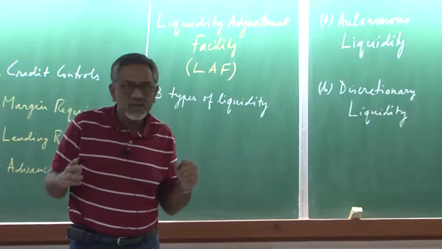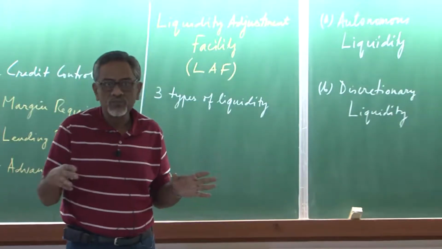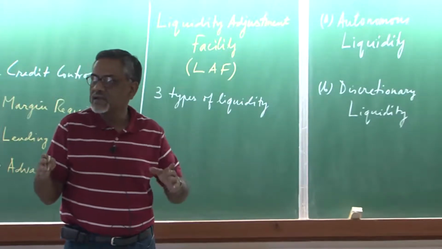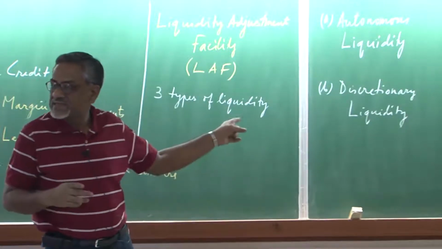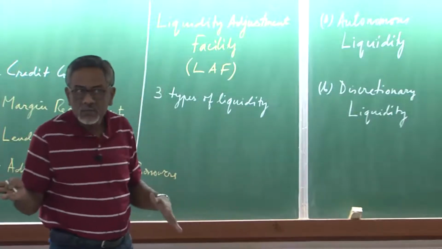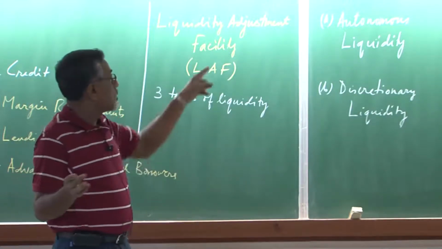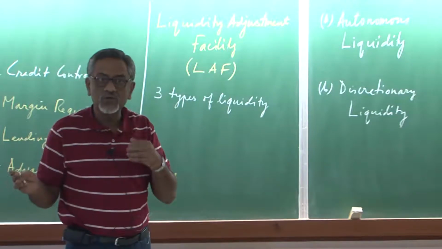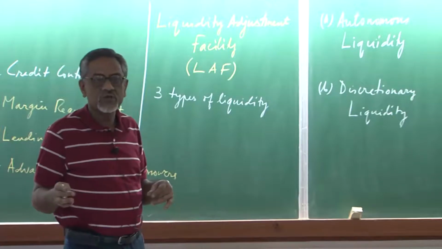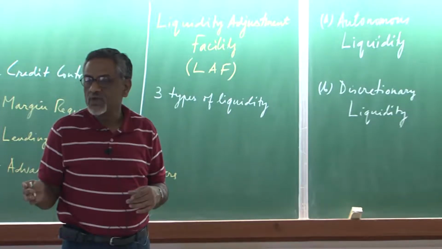Like the vitamin intake that you have through the normal course of life, your existence is through food. But now there is a deficiency of vitamin in your system, then I artificially inject vitamin. That is the discretionary liquidity. The normal food intake, whatever vitamin you are consuming, hopefully from your hostel food, is the autonomous liquidity. Or you are wondering whether you consume that at all, you should inform your parents, we are not getting any vitamin. You should get discretionary doses of vitamin sent to us in parcels, so that we can have them. Otherwise,